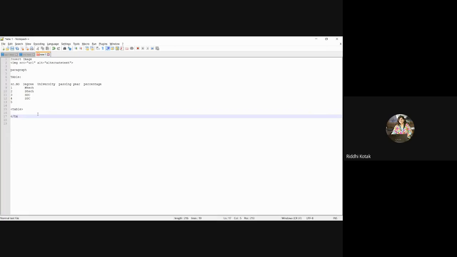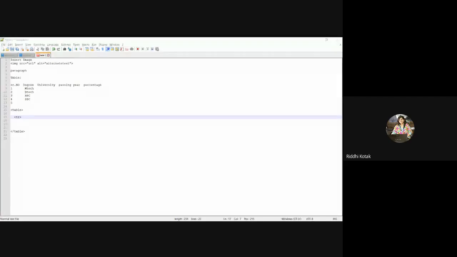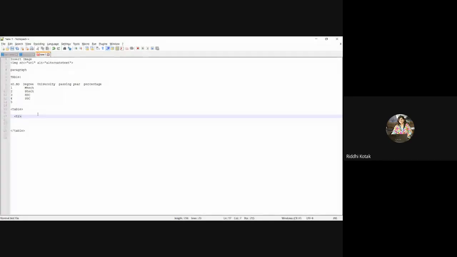Now within the table, first you have to take TR. So just give the space. Another thing, within that TR, you have to use TH. Complete that TR also, so you will not forget how many tags you have started. If you forget to complete any of the tags, it will not give the correct outcome. So it's always a best practice: the tag which you start, just complete it initially. Okay, TH and slash TH.